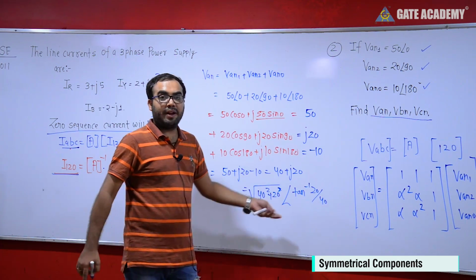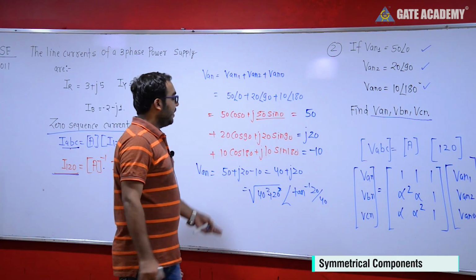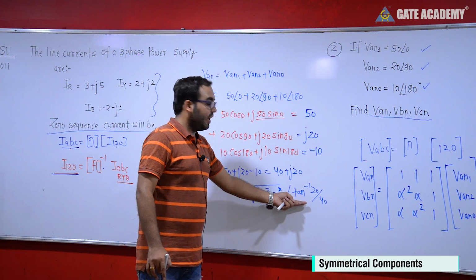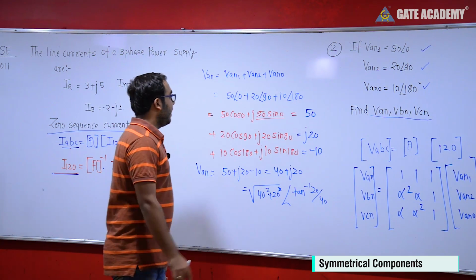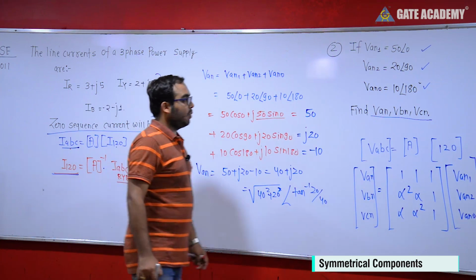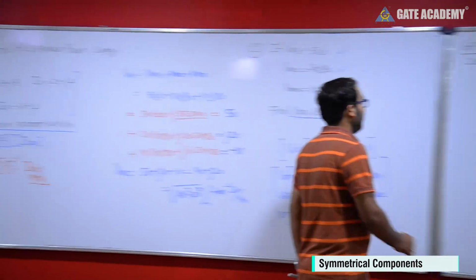We can find this value by using the virtual calculator. If in the question the angle is asked, or if nothing is mentioned, we can find this value simply and take the answer of VAN. Similarly we can proceed for VBN. So what should be the value of VBN?